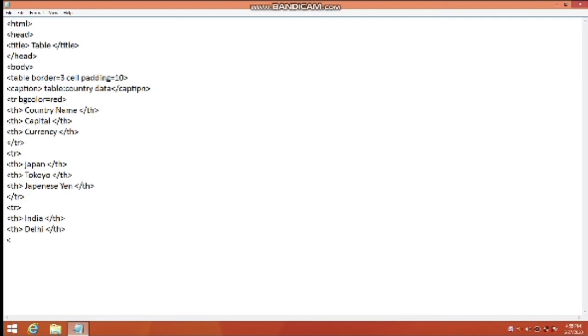Then currency, so Indian rupees, and we close the th tag. Then we close the tr tag, and then we close the table tag,